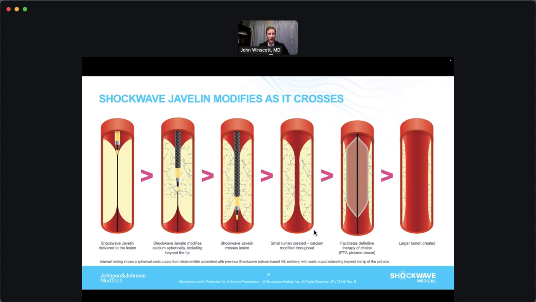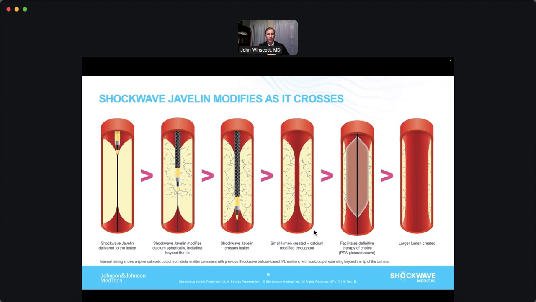It's more of a daughter effect of what the catheter does, but it is delivering that energy not just ahead of the catheter, but also to the side of the catheter. And so you're creating those microfractures, and then you're following that up with dilating the vessel. And so with balloon-based IVL, you're actually giving energy and dilating the vessel simultaneously. Where here, you're changing the compliance of the vessel and then dilating it sequentially. And so that's a different aspect of this type of IVL compared to